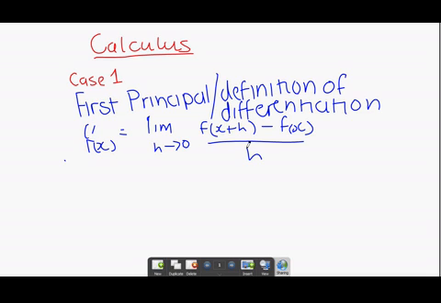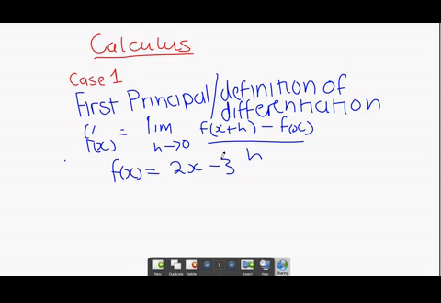Now, suppose we try to apply the first principle on a linear function. So I'm going to write down a linear function here. F of x is equal to 2x minus 3. Now, this is a linear function. If you remember your analytical geometry, you will remember that y is equal to mx plus c. So in this case, we call this a linear function,